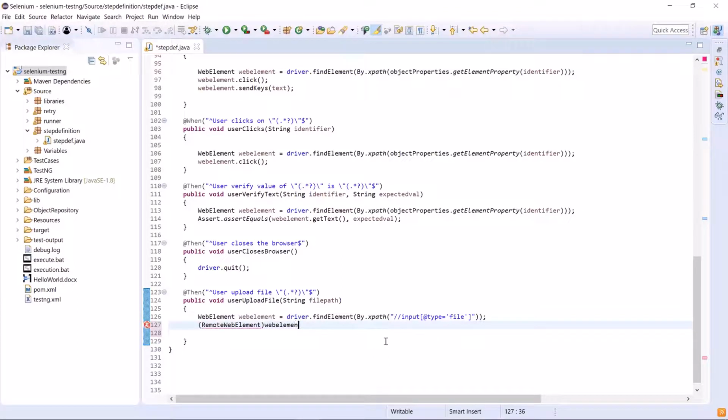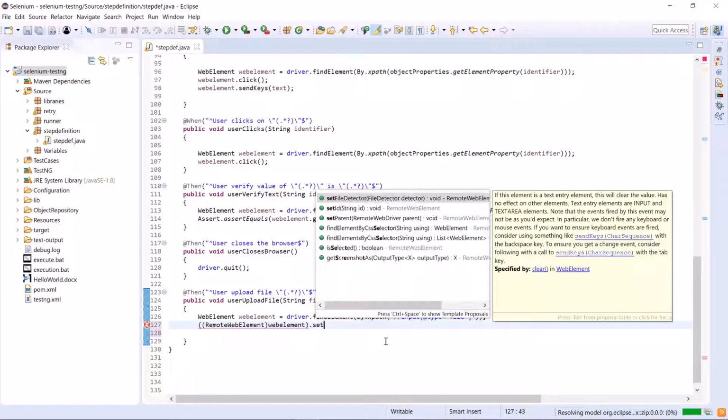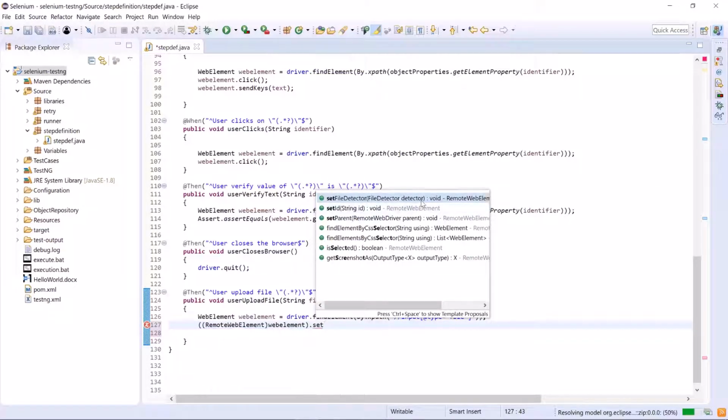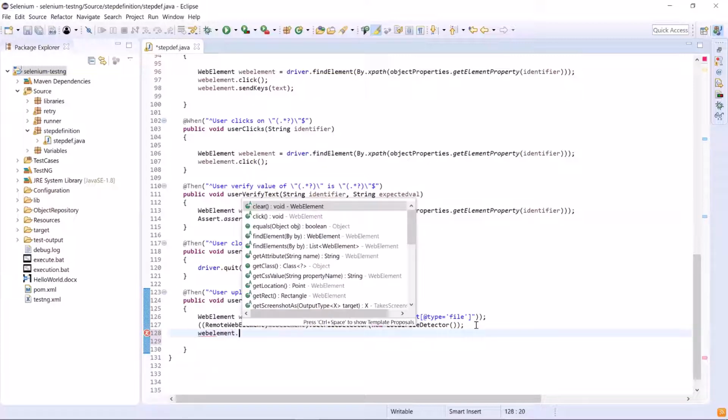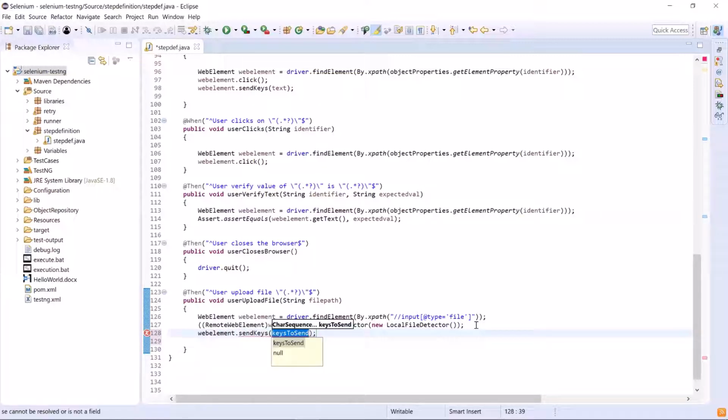For that, we need to cast our web element to a RemoteWebElement object, and then use the setFileDetector method. After that, pass the object of LocalFileDetector into this method. At last, just type webElement.sendKeys to type the file path. So that is the only change we need to do from the code side.